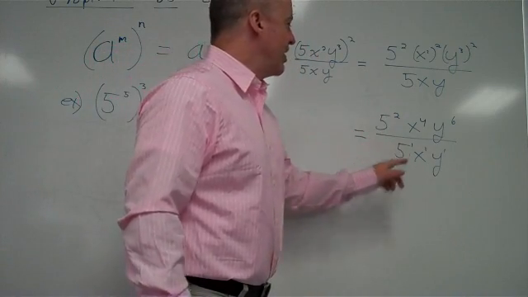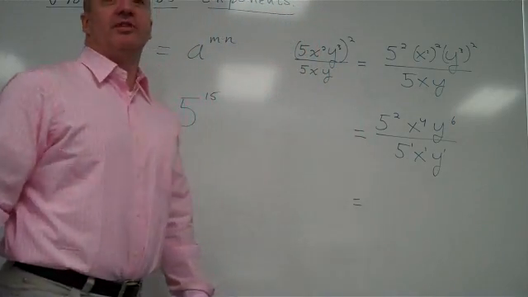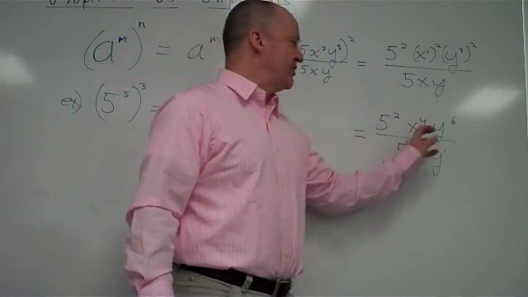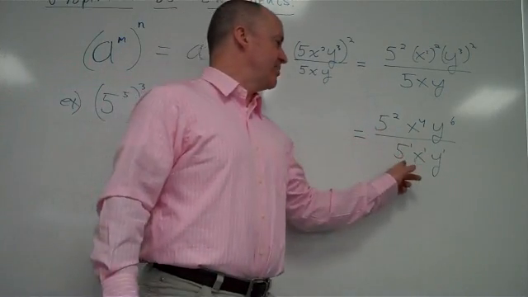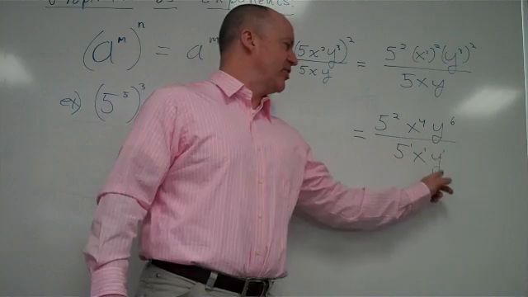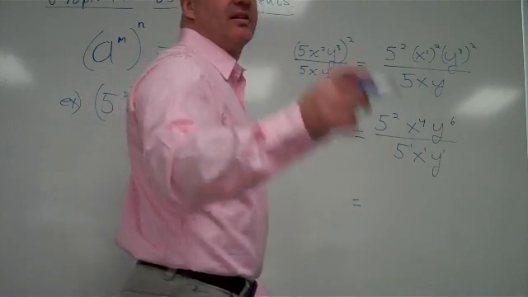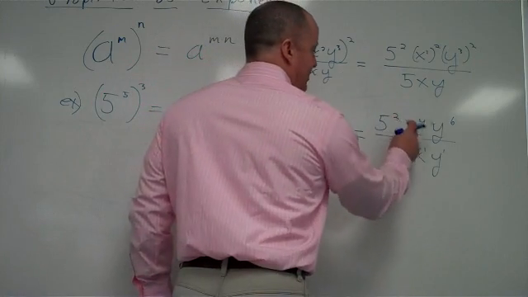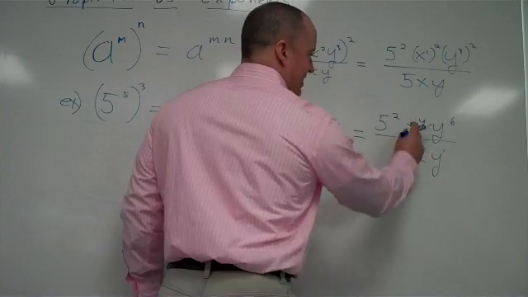Okay, 5 squared. Now, here's where you can separate them into like terms. Like terms here means which of these exponents all have the same base. 5 lines up with 5, the x with the x, the y with the y. Then we can subtract the exponents. So 5 squared divided by 5 to the 1st gives me 5. x to the 4th divided by